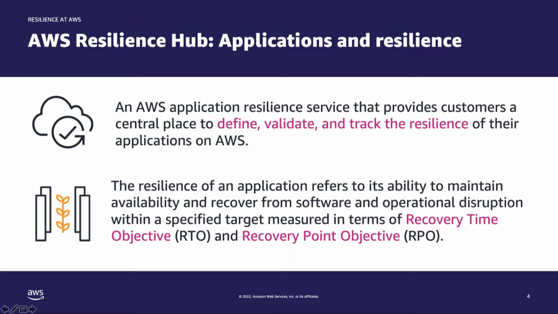But what we enable you to do, once you define that application, is to really do 3 major things. You're going to see this as we go through the demonstration later. Define what that application is. So point us at that application. We have various ways that we can define an application to AWS. The second is to validate the resiliency of that based on certain resilience targets that you define. And then the last is to be able to track the resilience of that as it improves. Here, you see that we make some recommendations on an application level for what to do and for your ability to track that as you're going forward. So that's the first big concept. We need to make sure that we're talking about applications. You define the